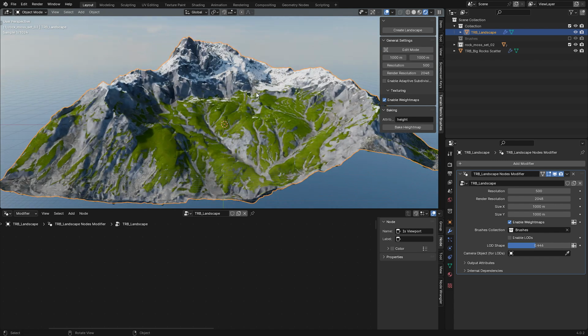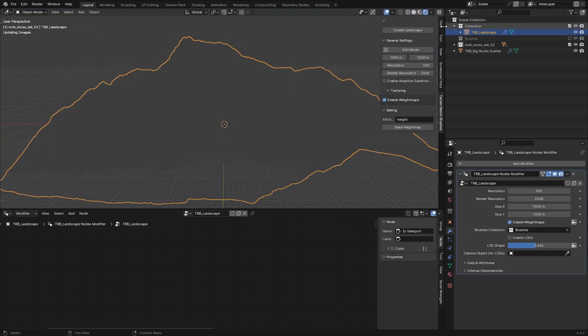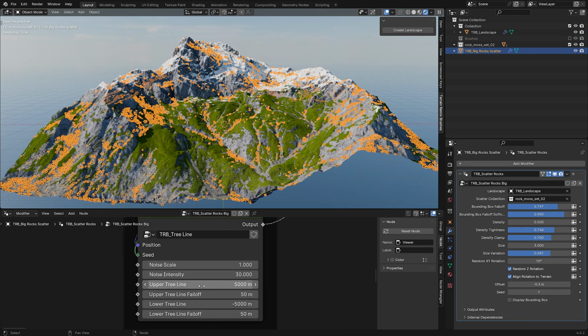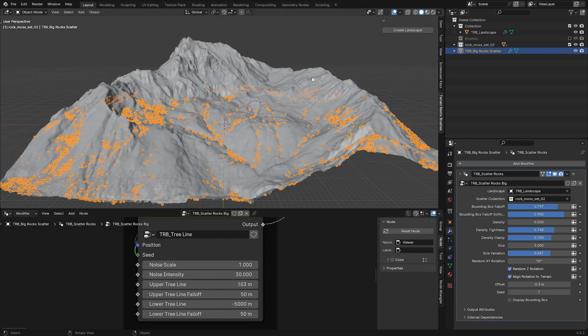I will try to use the tree line feature to disable those rocks, so they will start scattering only at the value of 100 meters or lower. Okay, well, let's go back into normal shading,